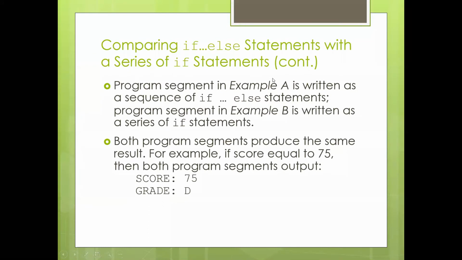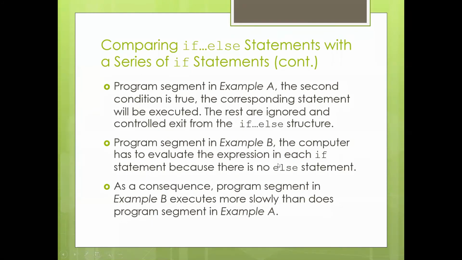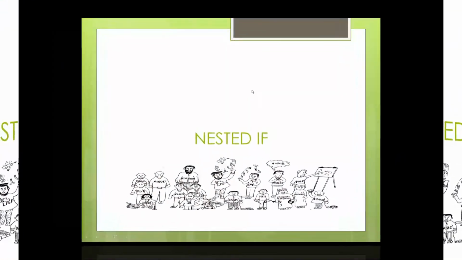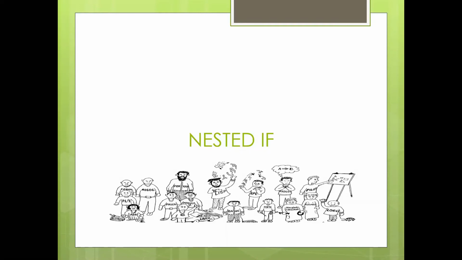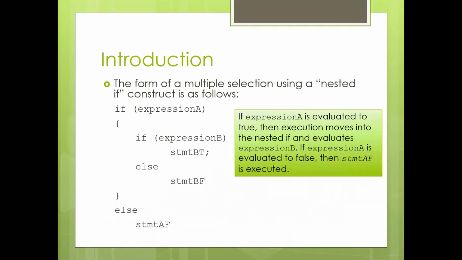Okay, inilah, ni awak boleh baca sendiri. Okay, ini apa yang saya dah terangkan tadi. Okay, ni ayat dia, you boleh baca. Okay, nested if ni maksudnya, nest ni maksudnya sarang kan, sarang burung tu. Nested if ni maksudnya dia sarangkan if tu. Maksudnya ada satu if luar, ada satu if dalam. Itu maksud nested if. Okay, so introduction, the form of the multiple selection using a nested if construct is as